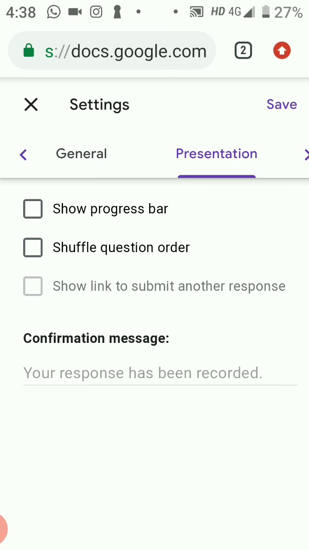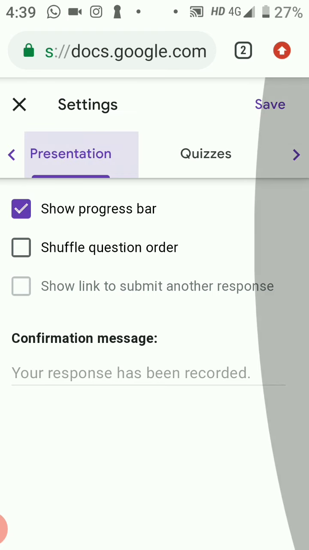Now click on presentation. So, progress bar: of course, students and teachers should check the progress bar. Shuffle question order: if you want to change the questions the second time, then questions will be shuffled automatically. Click here. Otherwise, show link to submit another response: no need. Now I will click on the next button.